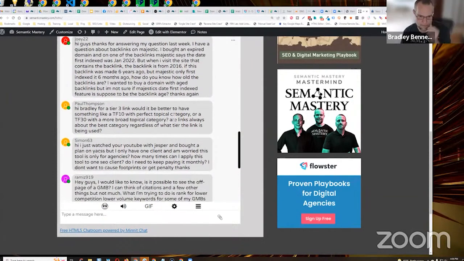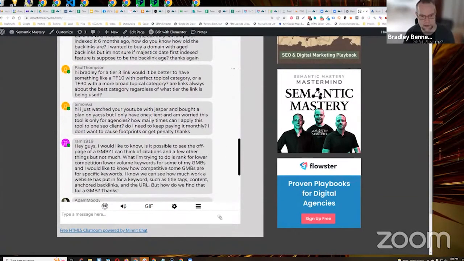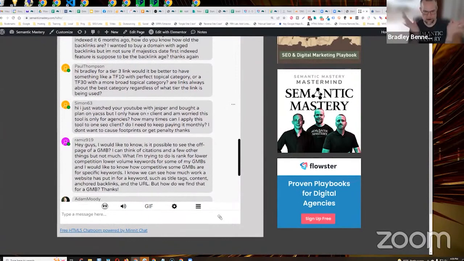Okay. That was a great question, though. Hopefully that makes sense, guys. But I do everything in funnels like that, right? So top of funnel would be tier 3 links, and so they can be the broadest. And as you get closer towards the bottom of the funnel, they should be narrower and more relevant, right? So the closer you get to tier 0, the more relevant the link should be, if that makes sense. That was a great question.